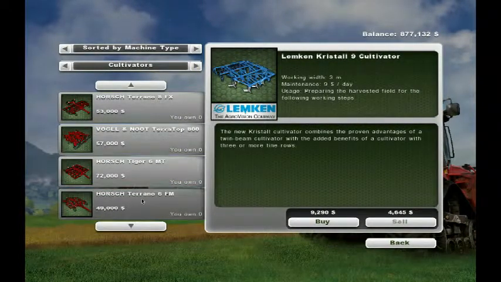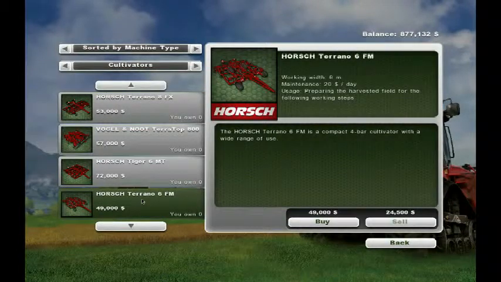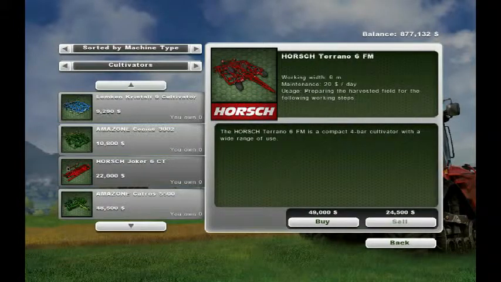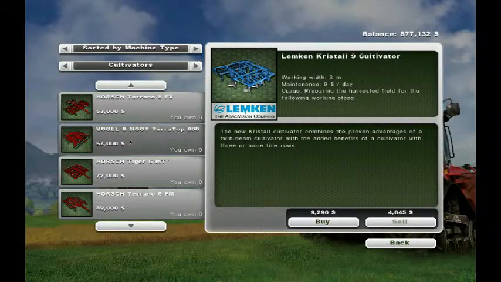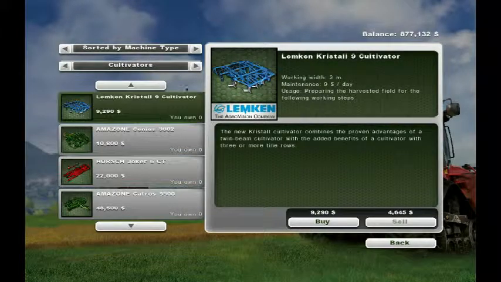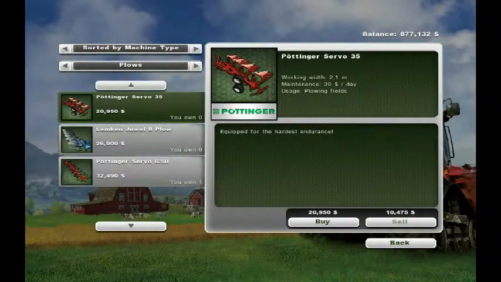Cultivators. Preparing the harvested field for the following working steps. Mainly for fields that you just grew corn, barley, wheat, or canola in. It doesn't do potatoes or sugar beets. You need the plower, the actual plowing thing. These will take care of the plowing and sugar beet